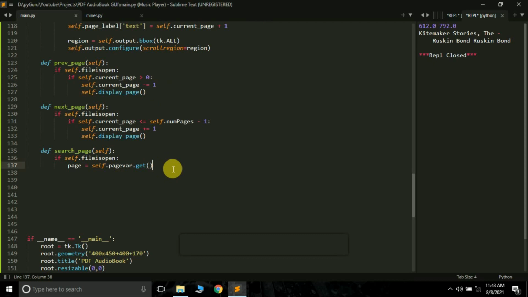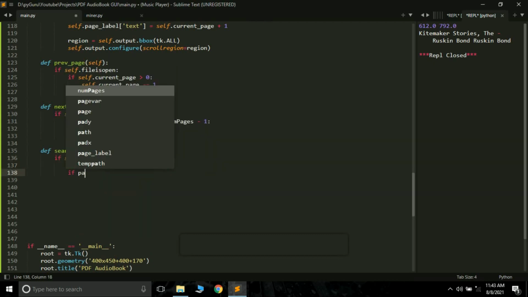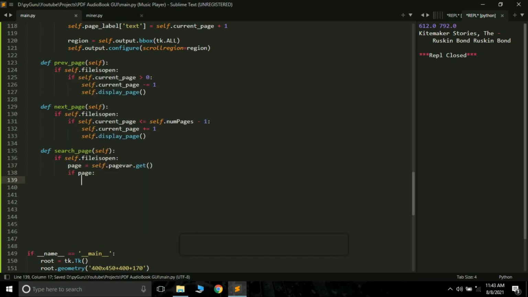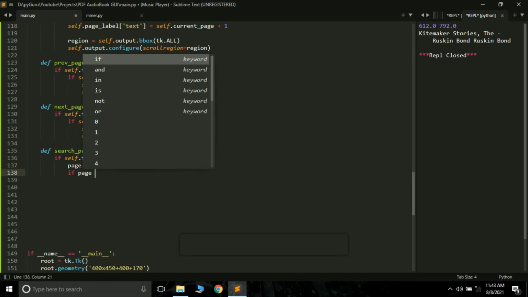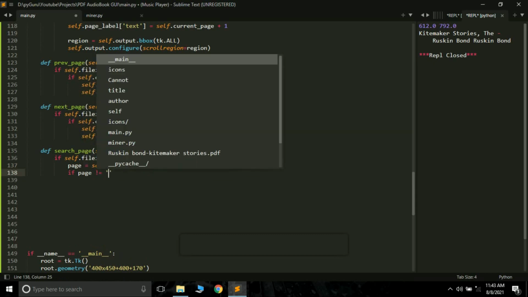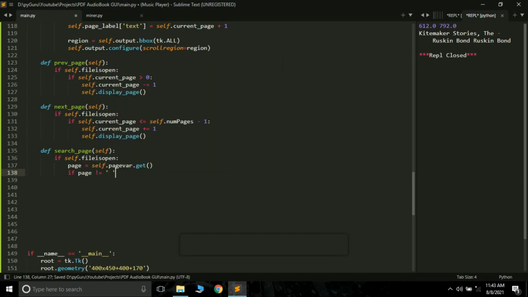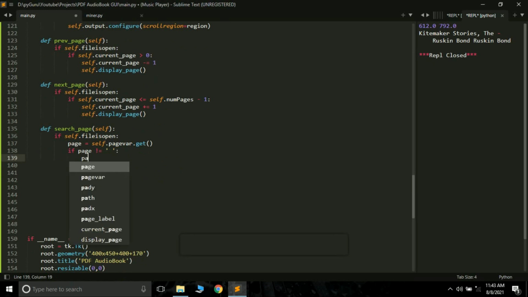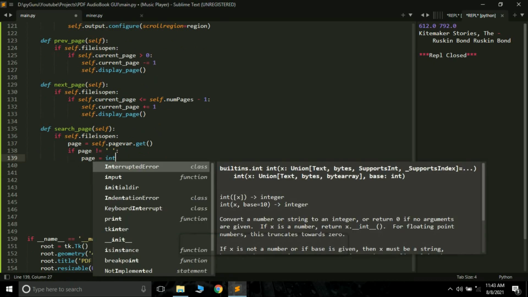The next thing is, if page, okay, you can also say if page not equals, see the default value of the page_var is a space, I guess, so that's why you can do something like this. If page not equals to this, what we can do, we first have to convert it into an integer value.